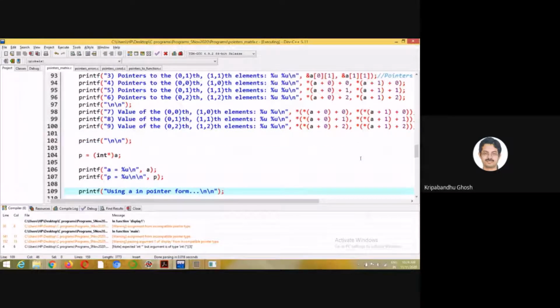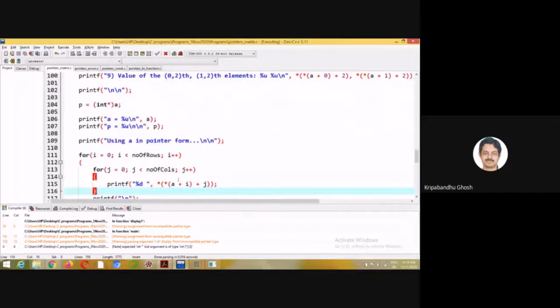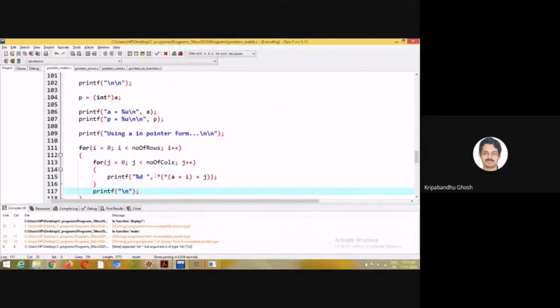I'm not going into the three dimension, but I'm sure you will be able to figure it out. There will be another star here. So let's not go there for the timing. Let's be content with this one. So we can print all the elements using this notation.